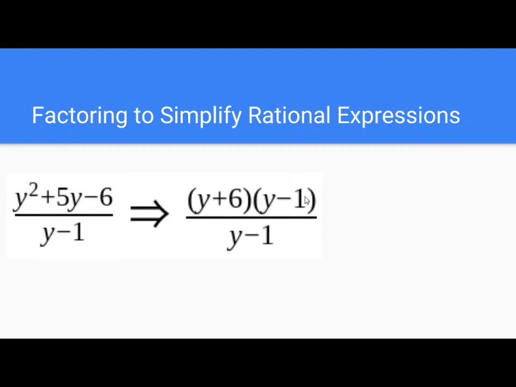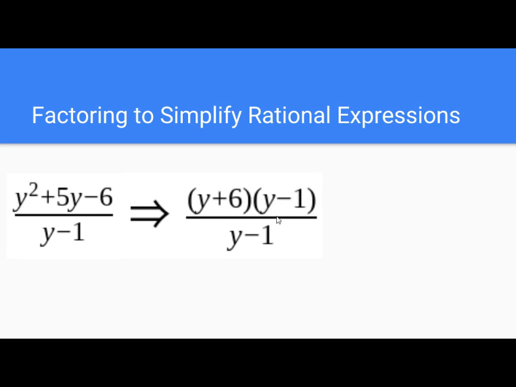There's a y minus 1 being multiplied, and that is important. It has to be multiplied to everything. So we have this multiplication here. At the beginning of this problem, we didn't have a multiplication going on between 2 different things. Now we do. We've got this y minus 1 times y plus 6, and we have a y minus 1 in the denominator. What that means is we can